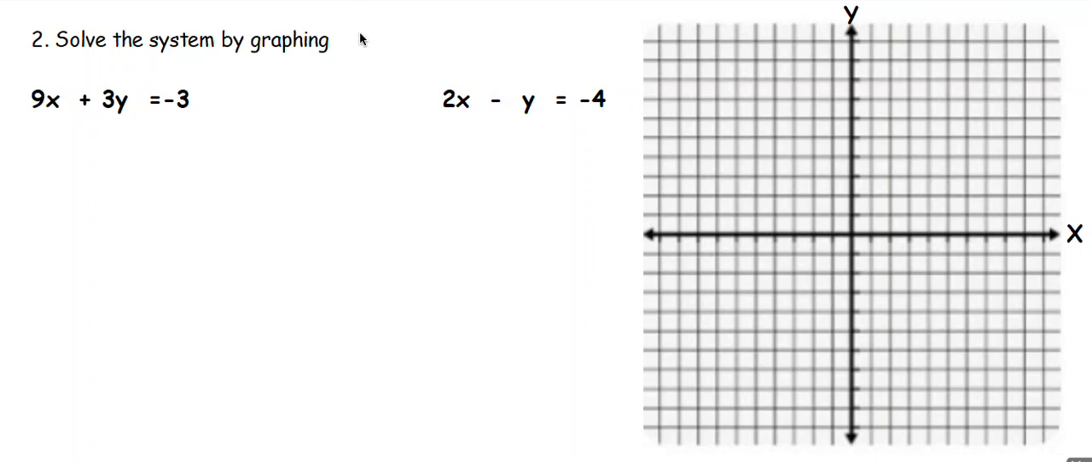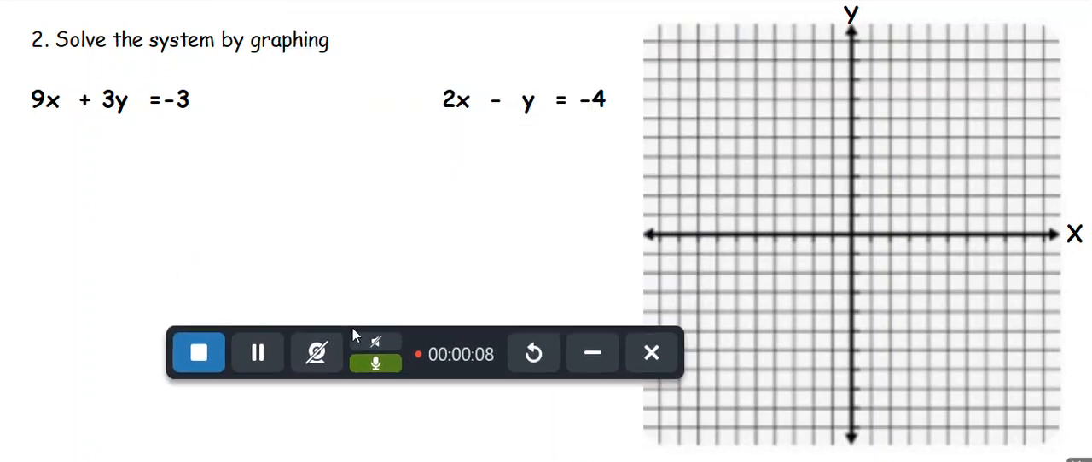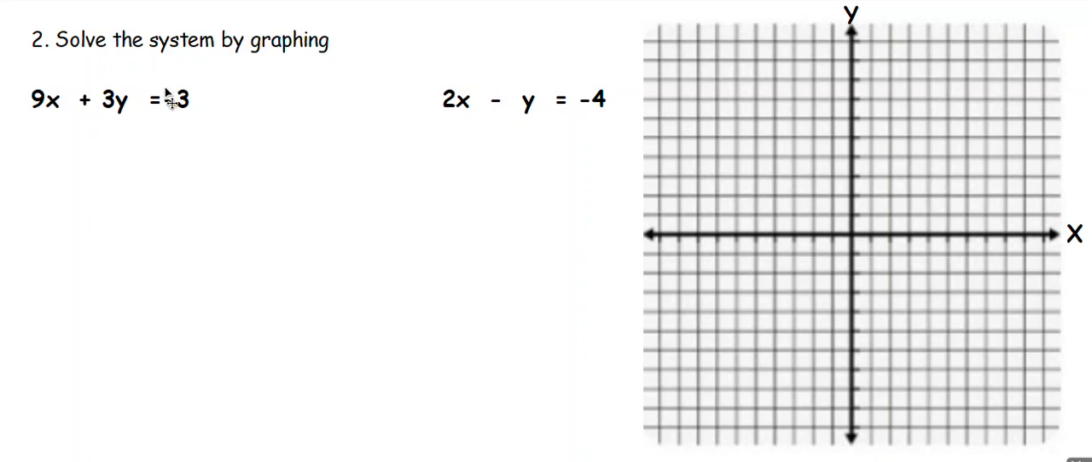All right, number 2, solve the system by graphing. Here we are supposed to write the lines, draw the graph of the equations, and see where they actually intersect. So looking at this equation right here, the best thing I could do is probably rearrange this